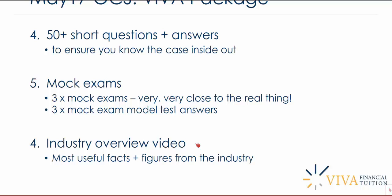The industry is really important to understand because you're meant to understand this business. And if you don't understand the industry within which this business is located, you really don't understand your business well enough. And how can you be expected to advise senior members of staff on the business if you don't understand the industry well enough? So again, as I said, go along to